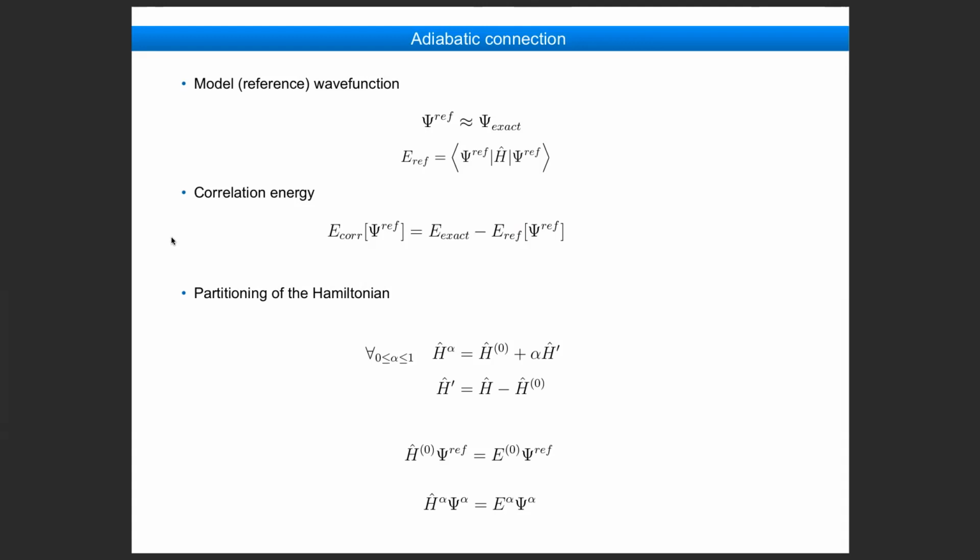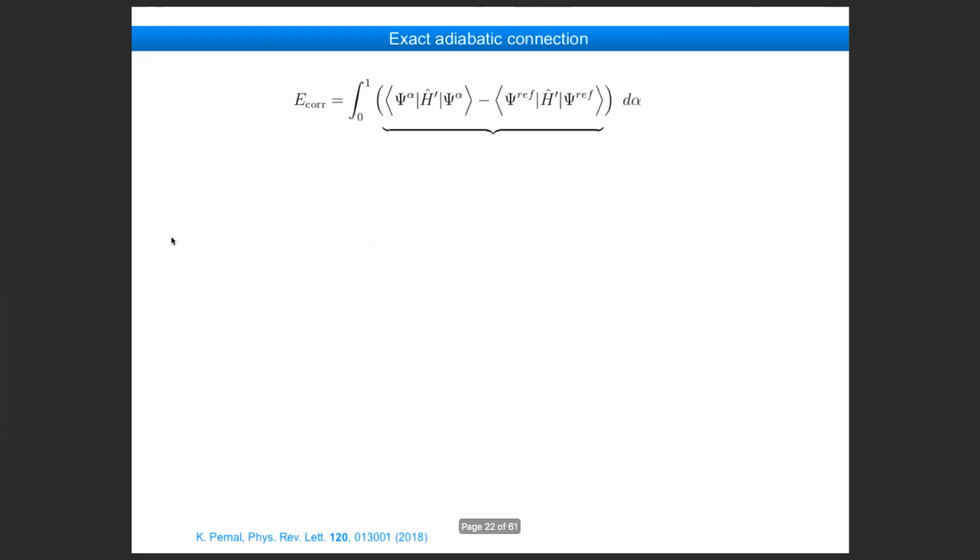And those psi are everything which is indexed with alpha. It corresponds to H alpha, the adiabatic connection Hamiltonian. So it's a function parameterized with alpha. Okay, then I'm skipping some part, but it's kind of trivial to show that the correlation energy, defined